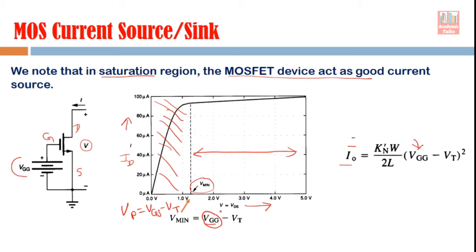The second parameter was the output resistance, and the output resistance in the case of a MOSFET, you know from the small signal analysis of the MOSFET, that actually is your drain source resistance, right? The drain source resistance is the inverse of gDS, and you already know from our earlier discussion that it is given by 1 by lambda I naught, right? This I naught is actually your operating point current, right? So you can see here the output resistance depends on lambda.